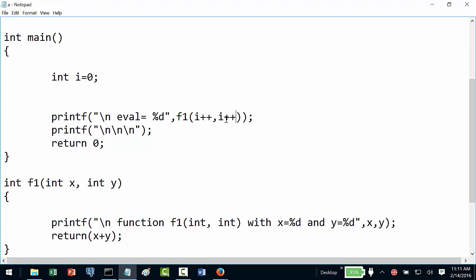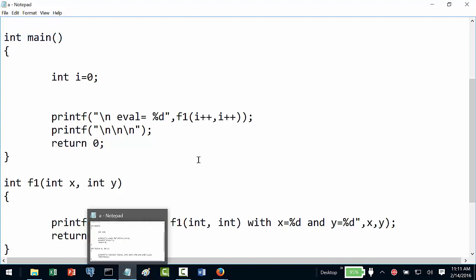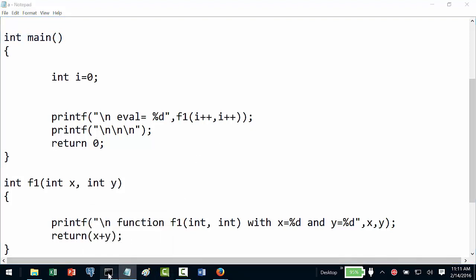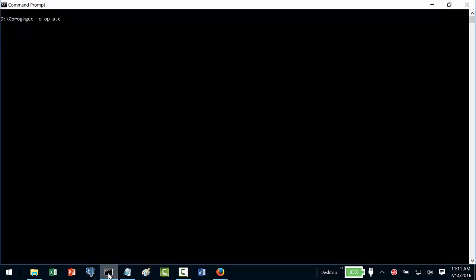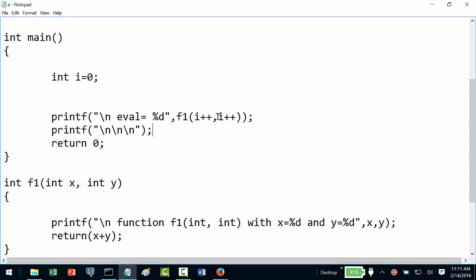When I do plus plus, what should technically happen? If I am doing from left to right, it should be i as 0, which is x as 0, and then it should come back and do the value of y as 1. Okay, so x should be 0, y as 1. Let us see. Or the other value could be y should be 0 and x is 1. Let us see how it actually evaluates. See, x is 1 and y is 0. Now it has evaluated this fellow first. Isn't it? When I remove that, so this is the problem.